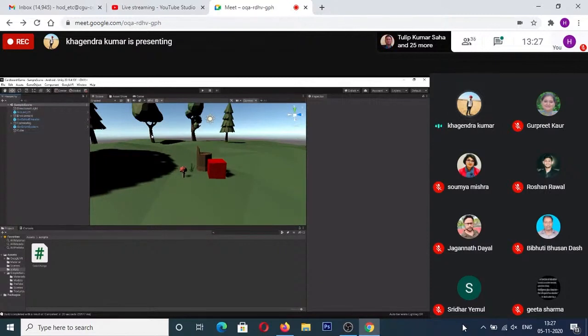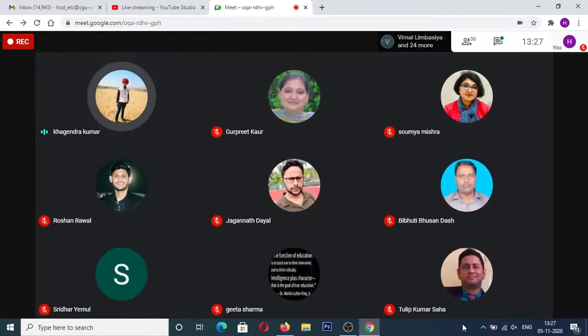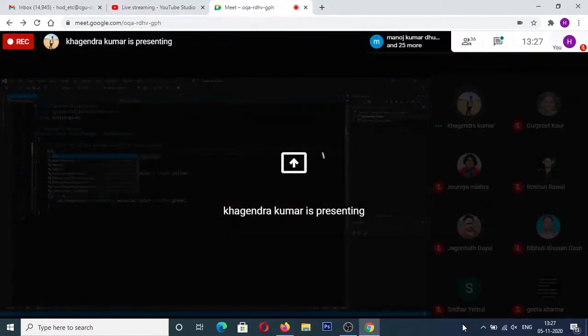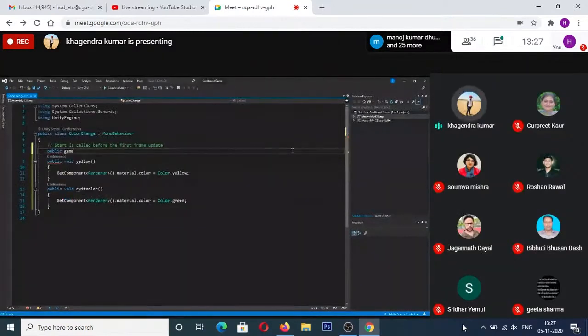So for example, if I try to create a public component of a game object, let me share the screen again. If I have to create a very simple public game object where I just want to get the component or get the value of something, I'm going to create a public game object, let's say for a mushroom.